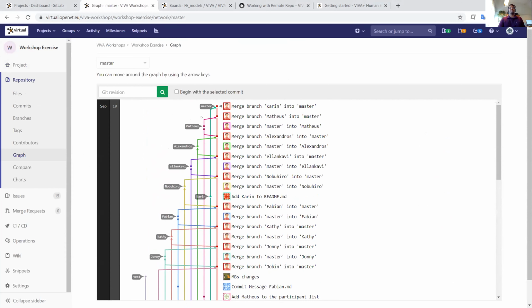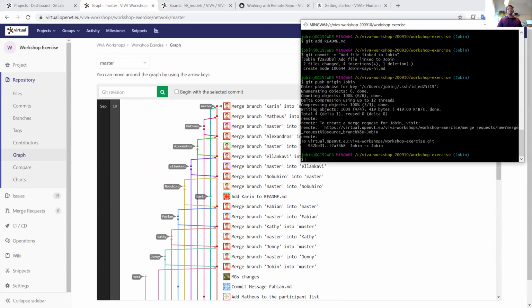And I hope that gives you a good idea of how the branches and merge requests work. Well, let's get back to the Git Bash and get all these updates back into our local repo. And for that, let's say I go back to master. I say git checkout master,